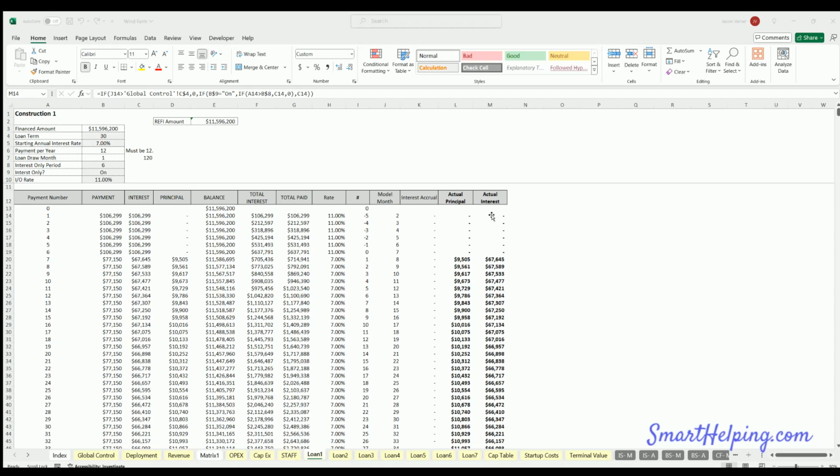I know you can't see this right now, but we did if T7 is no. Okay, so we did it after the on. So after we asked if it was on or not, then we asked if it was yes or no. Okay, got it. So here we say, is it on? If it is an interest only loan, then we ask, okay, it is or isn't. If it is,